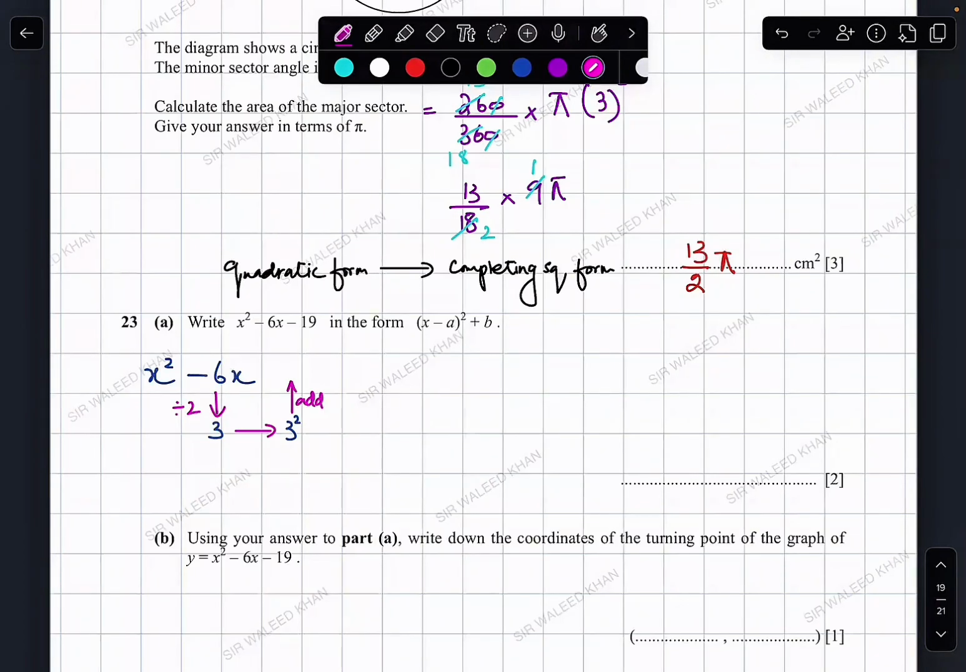Now you don't have to show these steps, I'm just showing it to you people. You can just directly write as 3 square. Okay, and then if I'm adding this term 3 square by myself, I have to subtract it as well, minus 9. So first 3 terms over here, I'm going to apply